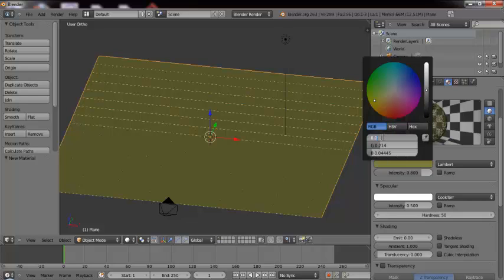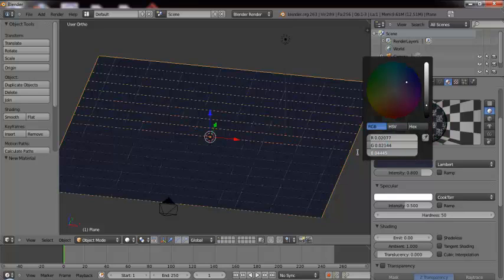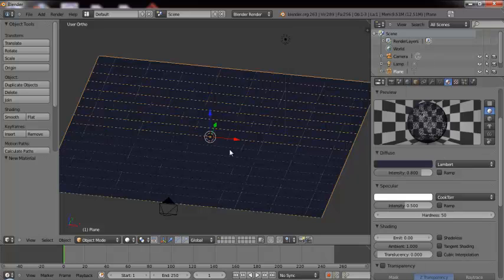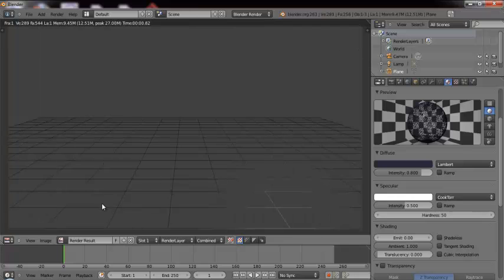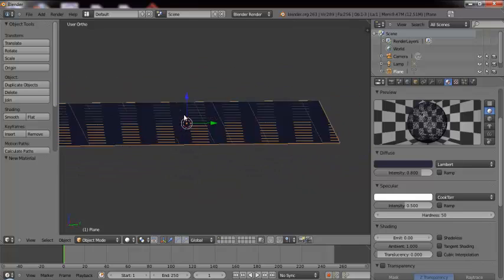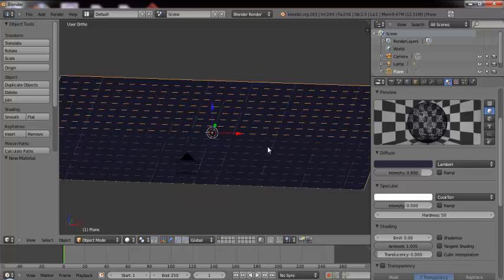This is 0.02077 and 0.02144. I have missed the 0. Yeah, and this is 0.0445. So these are the values for the red, green and blue channels which I have ended up with, and I get a kind of a nice dark blue grid,